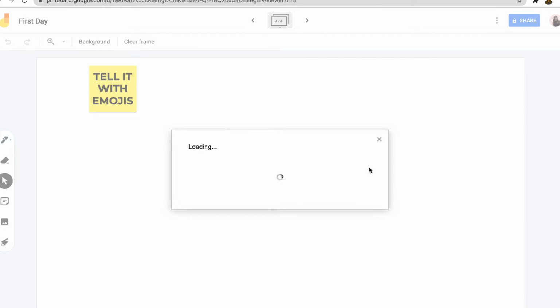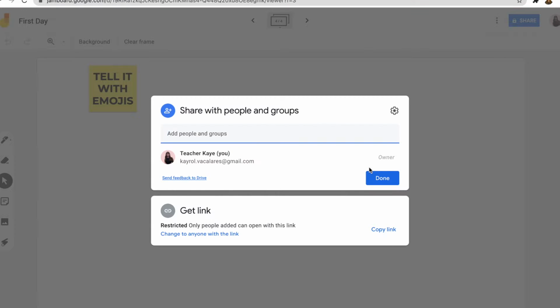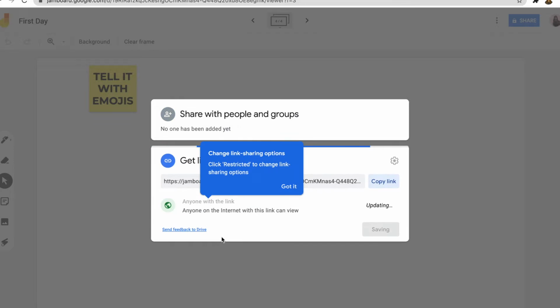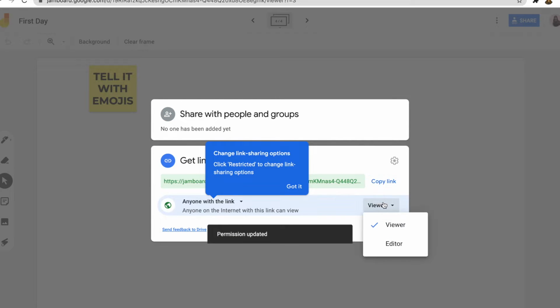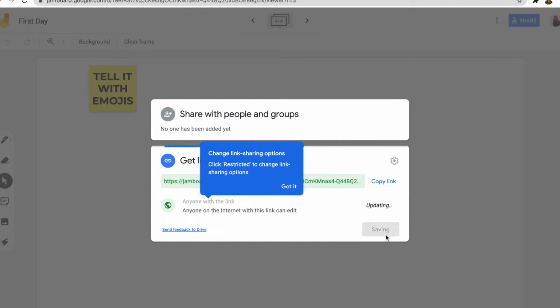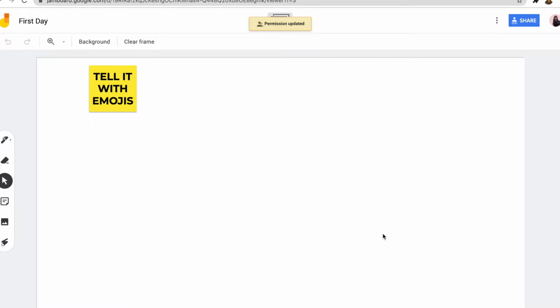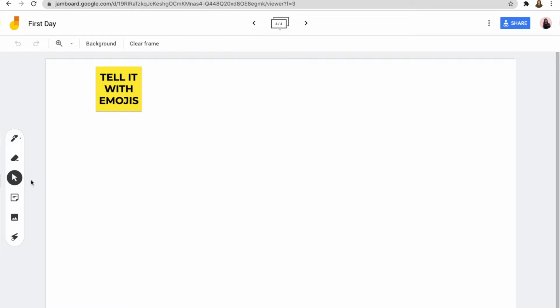First, in Jamboard, you have to share. Share this link to your students and make sure that they can not only view, but they could be editors. So get the link, change it to editor, and then share it to Zoom or whatever chat box you have. So once they have access, for example, for the first question, you ask your students, using emojis, write down